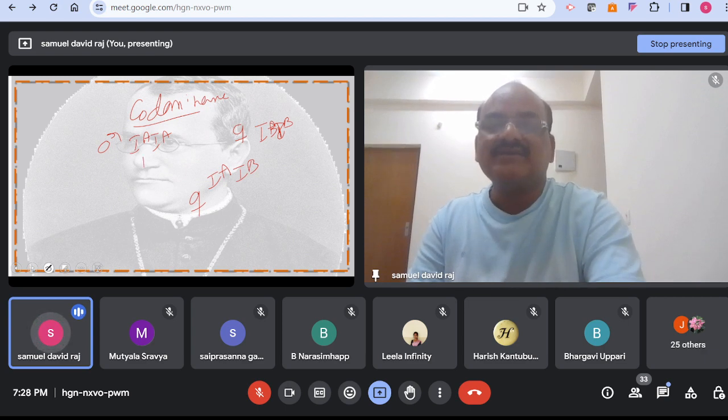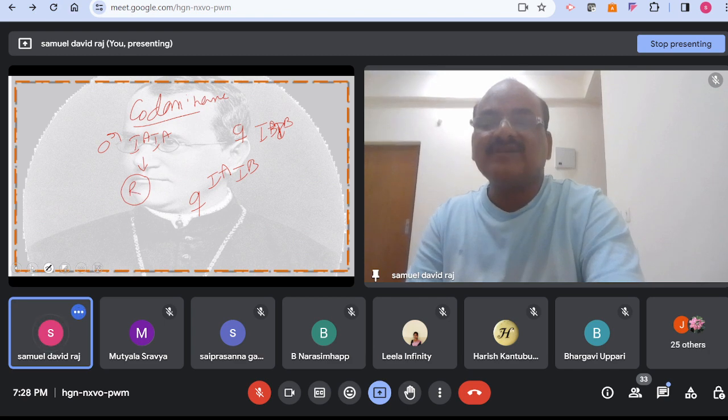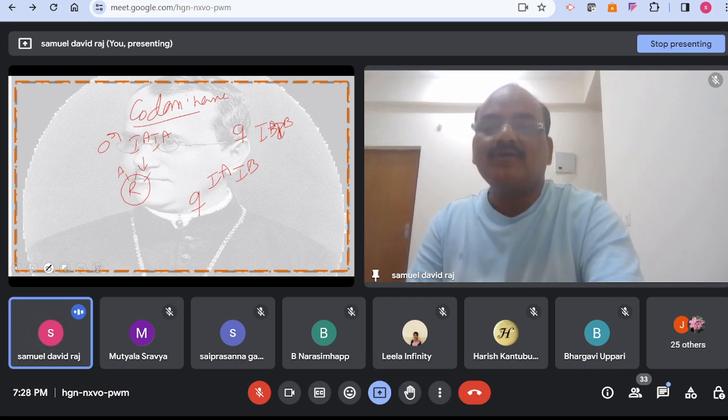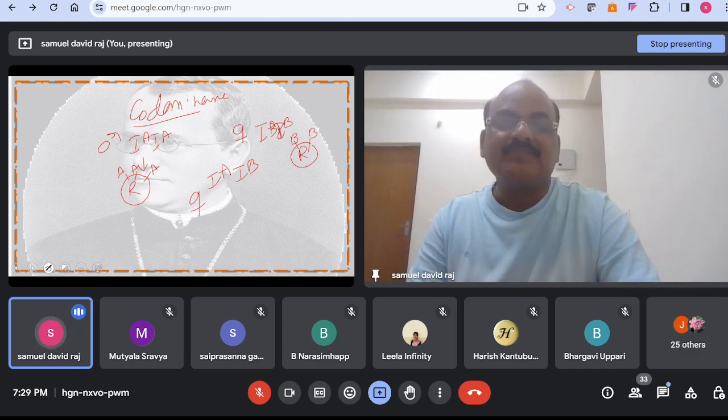And here, what the scientists say is that the A group individual has on the surface of RBC only A antigens. The B group individual has on the surface of RBC only B antigens,